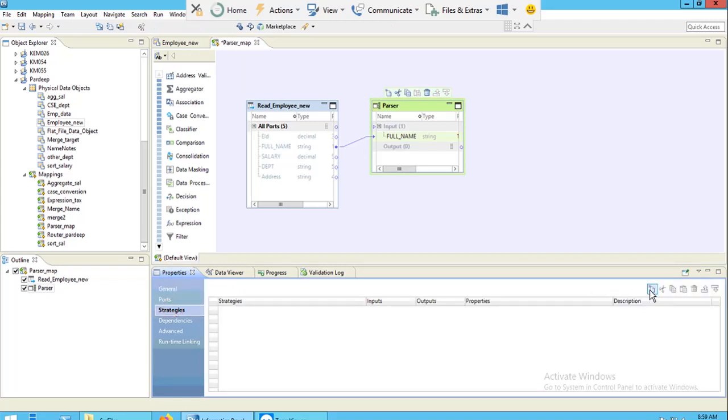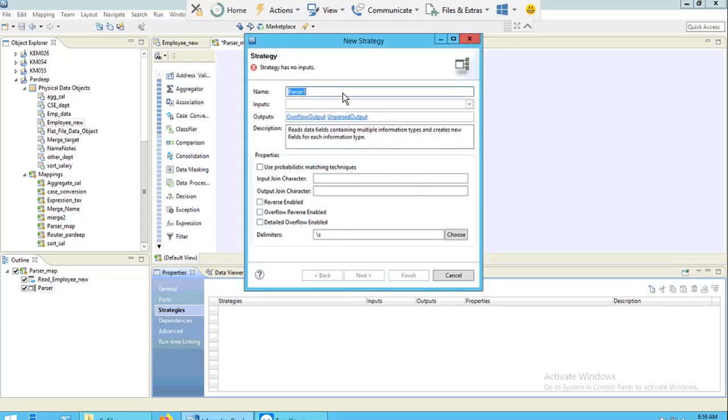You can create a strategy here. You can give any name here. I want to name it parse underscore full name. You can give any name to this. I have given this name.